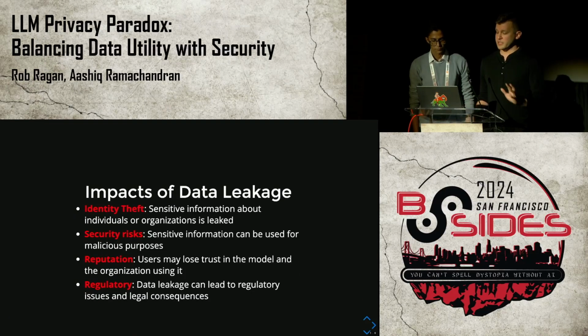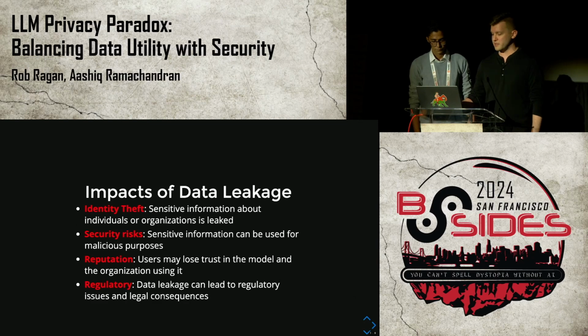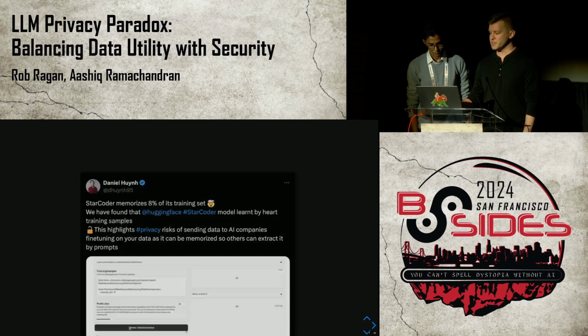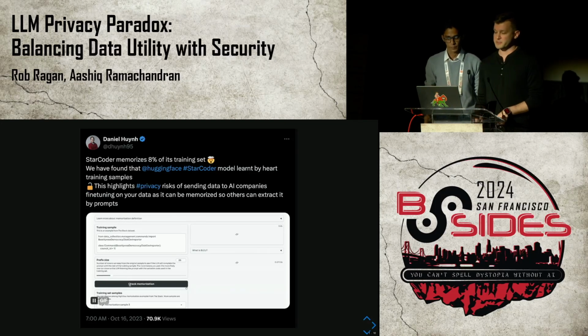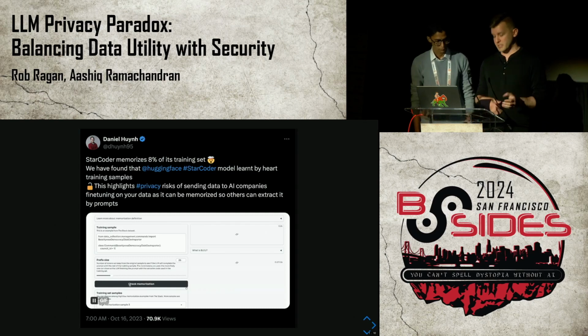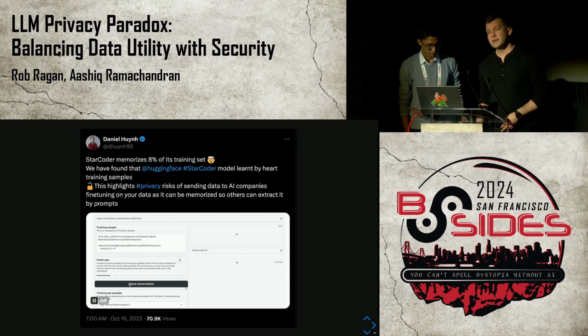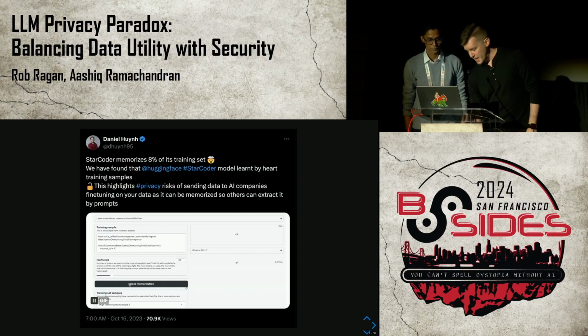The impacts are really that this can affect the reputation of the organization. People lose trust in it. Whatever data is retrieved might lead to identity theft. And I think some of the regulatory things are what scares folks the most. I am hearing more and more, especially recently, am I at risk of using code from a code gen model that is actually fully memorized, and something that is fully memorized is actually going to impede